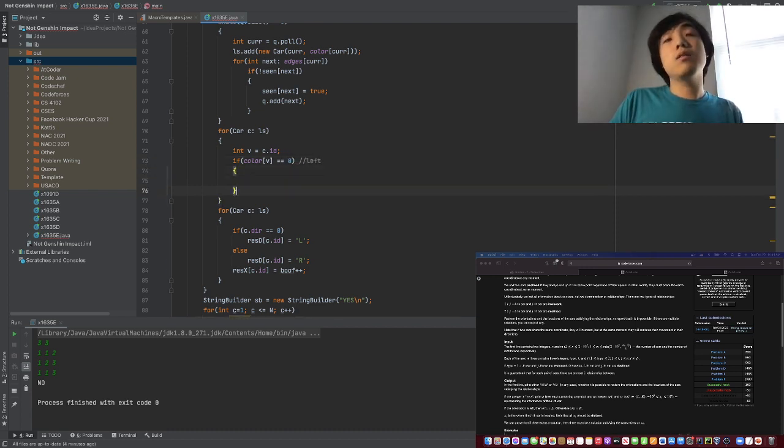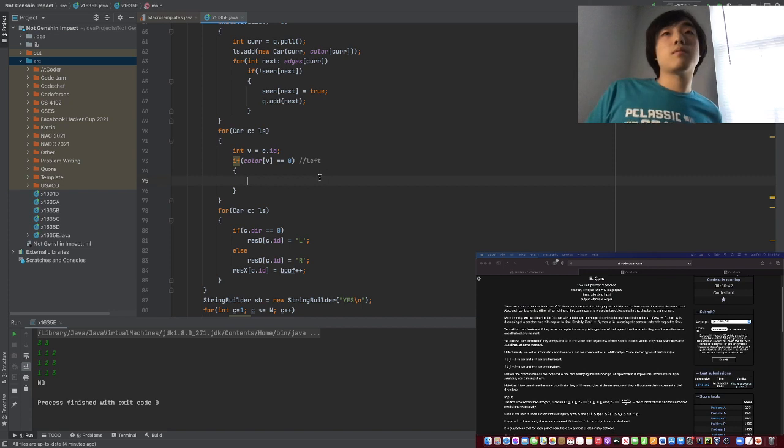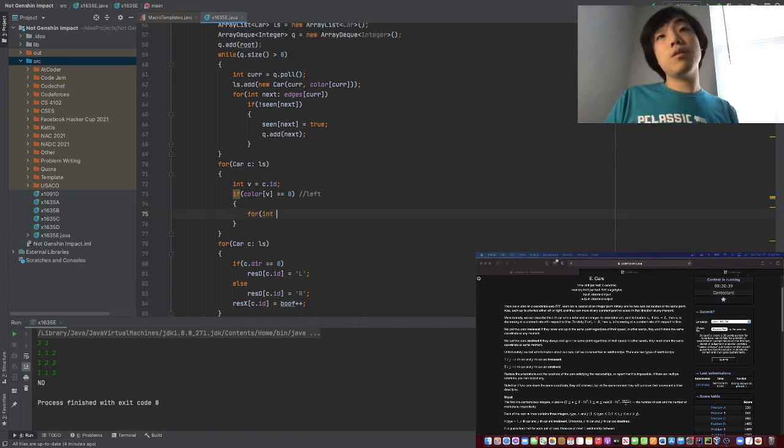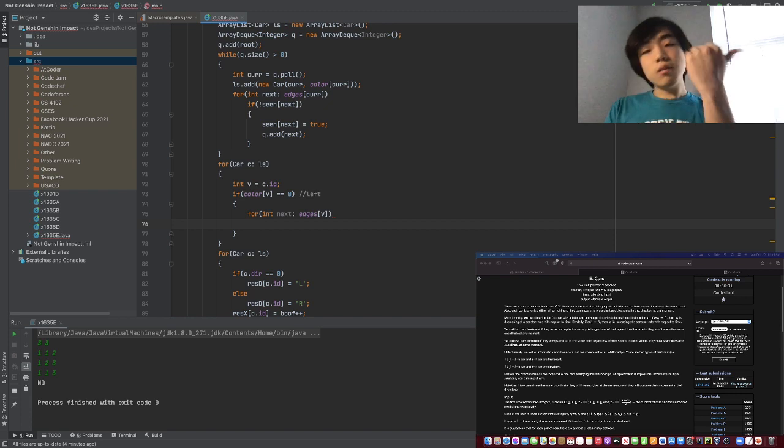So if this is a node that faces to the left, that would do something right here. So like if this node faces to the left, we can do like for next edges at v. Because like this one has to face right. So it's like,